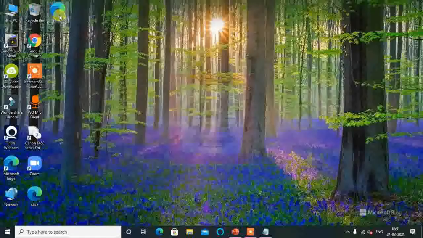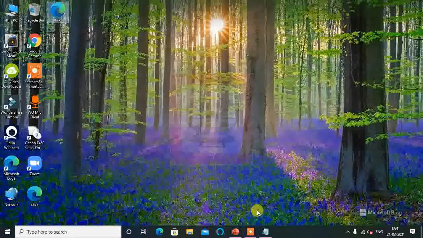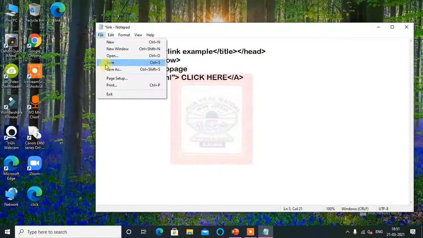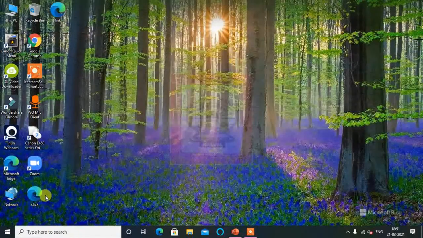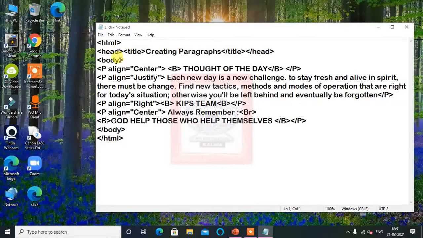So now let's give color to this. We'll use bgcolor for that. Let's open it in Notepad. The file is already there. So in the body we will use bgcolor for the main page, equal to, let's give yellow to the main web page, and to this we'll give pink.